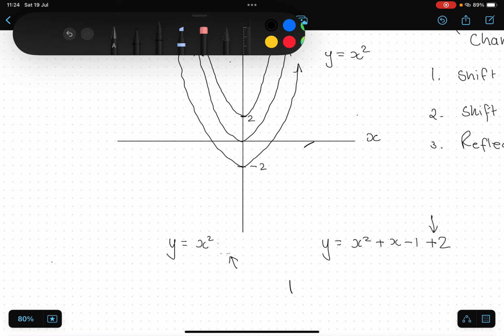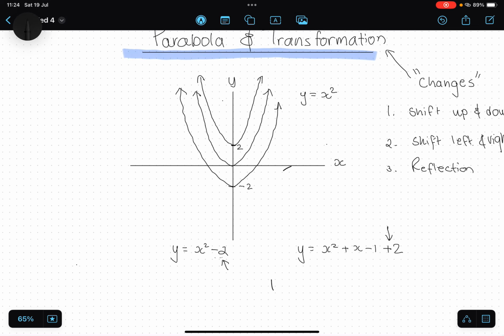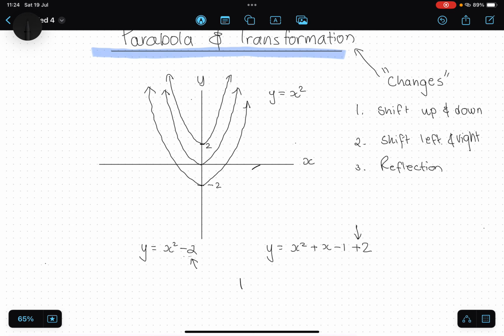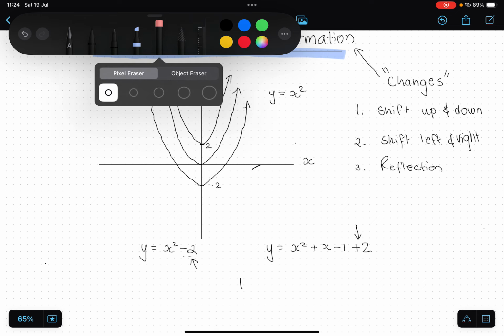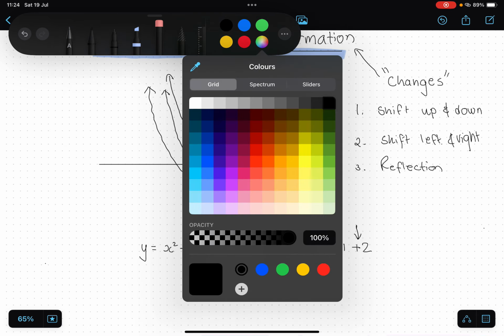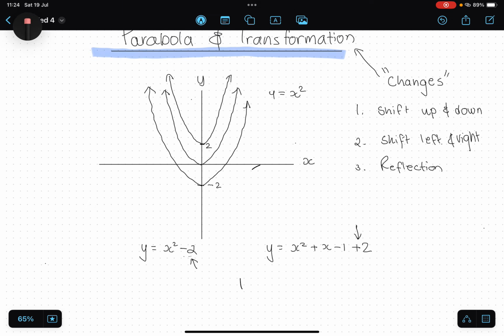Okay. Now, if we have a shift to the left and right, let's look at that. Okay. So let's look at a shift left and right. If we're going to do the same thing with this drawing and we want to shift it to the left, I'm just going to choose another color so you can see it more clearer. Let's choose blue. Okay, so if I'm going to shift the normal mother graph, so this one here, this one we started with,